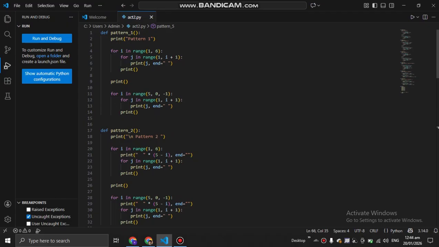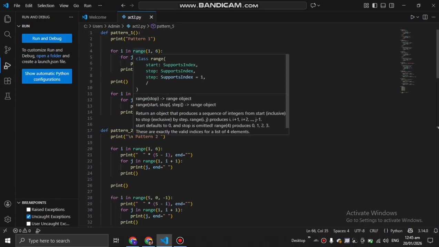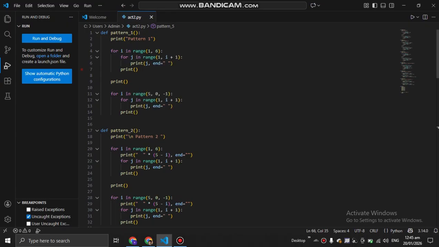The first thing is the def function, def pattern 1. So print pattern 1, then the first one is we use for loops, for i in range 1 to 6. The first part is the increasing pattern, like 1 to 5. Then i is for the number of rows, then for j in range